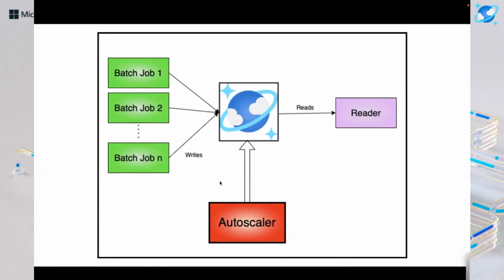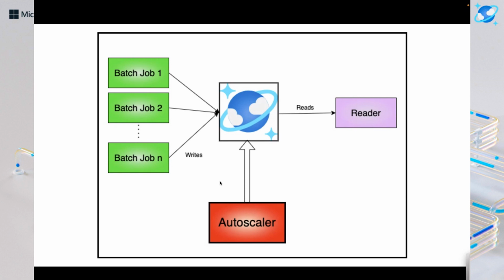Here is a high level architecture of how we are using this. There's Cosmos in the center, and a client which is reading from it throughout the day. This is a 24-hour thing, with continuous writes and continuous reads. The pattern for reads keeps varying throughout the day, and on the left you can see multiple batch jobs. It is these batch jobs that are responsible for writing to Cosmos DB.